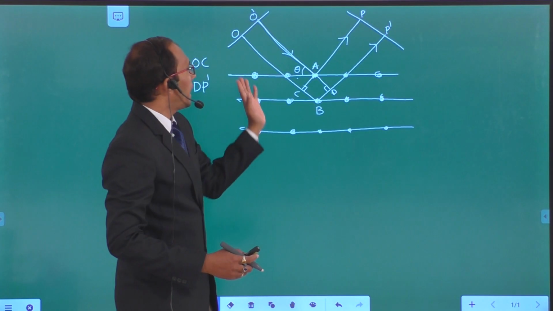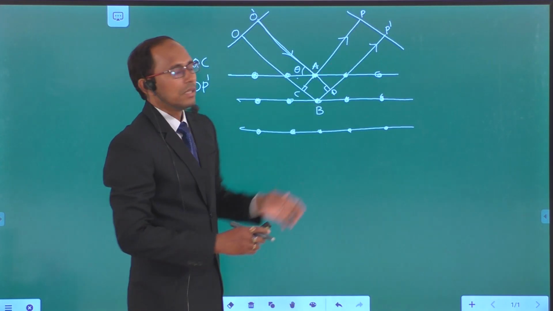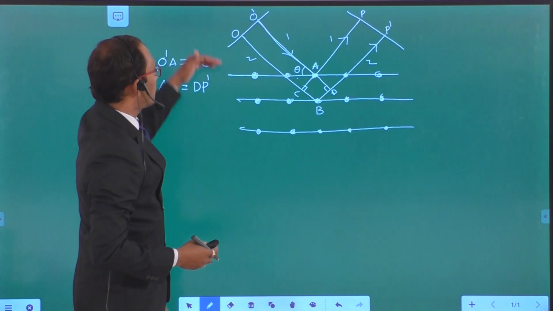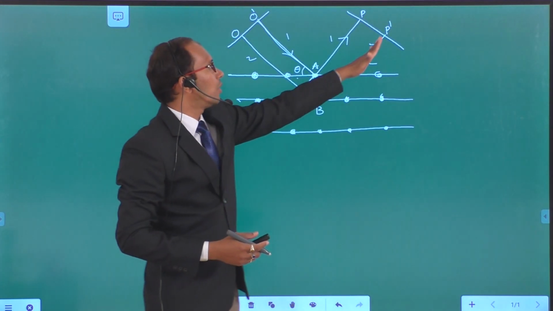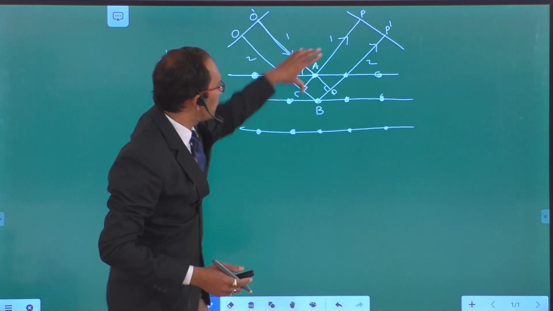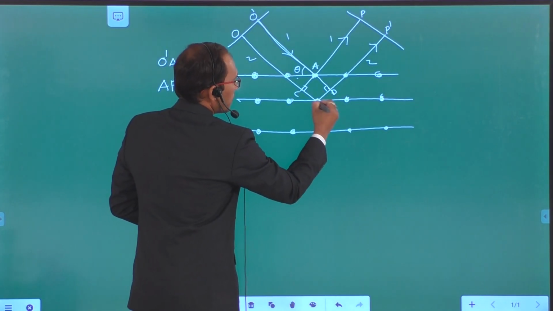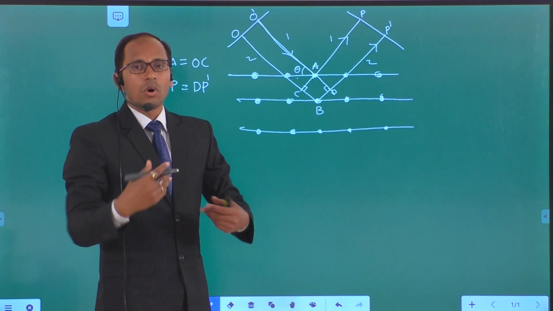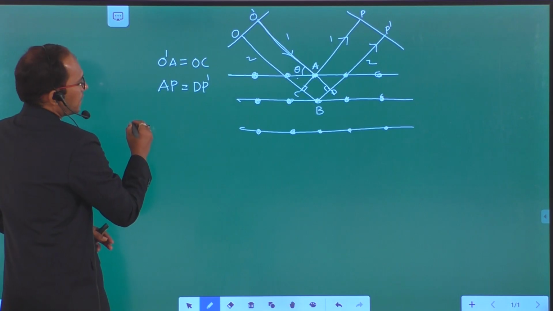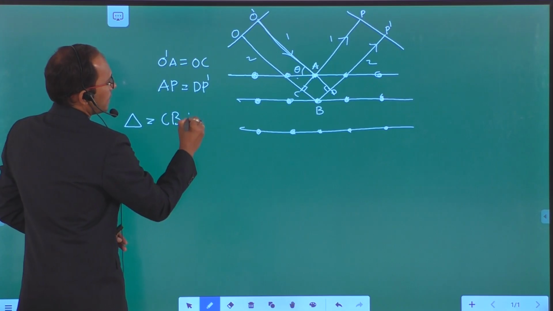That means the extra length, this ray has traveled more length as compared to this ray. If I say this is ray 1 and this is ray 2, the second radiation has traveled more distance as compared to the first. How much more? This length is the same for both, and this length is also the same for both. Whatever additional length there is from here to here is the extra length traveled by the second ray. That is the path difference, delta equals CB plus